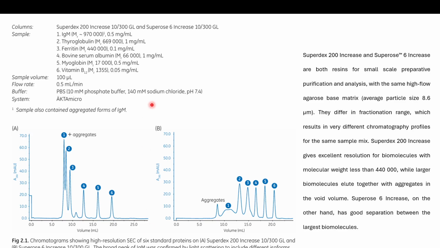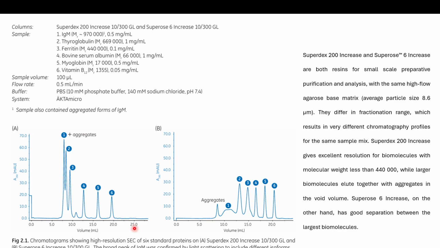Now, there are different kinds of SEC resins. Mainly these resins are made up of cross-linked agarose or cross-linked dextran. And even based on the dimensions, like the height and the diameter of the column, there are different columns that come. Now, how do you really know that? Suppose